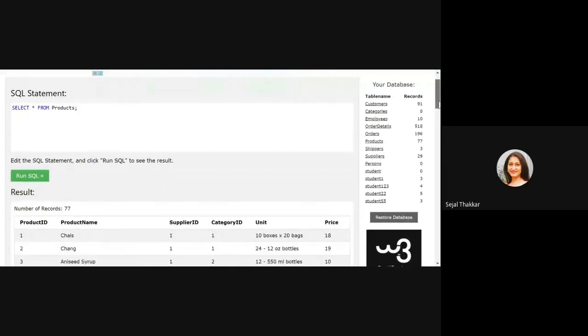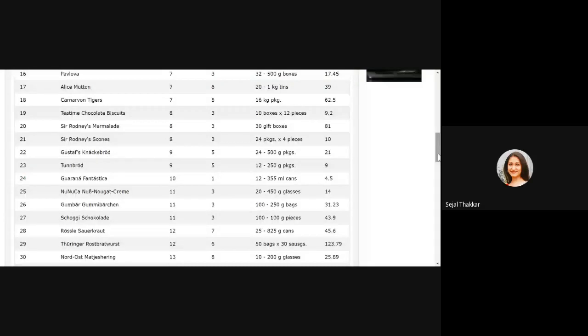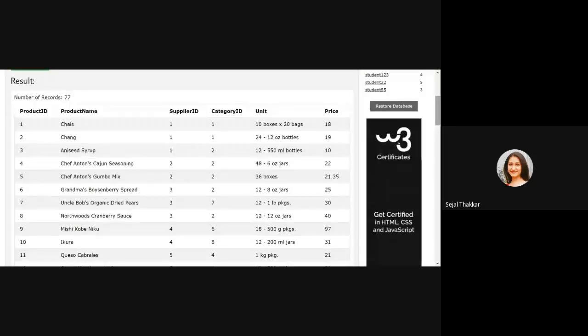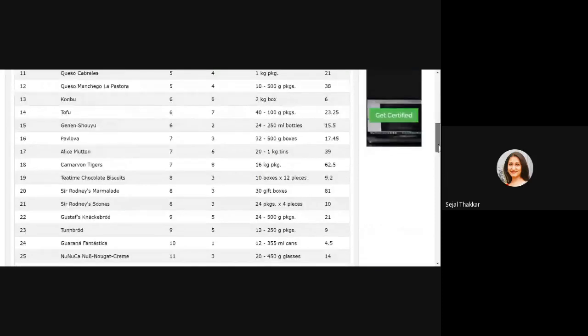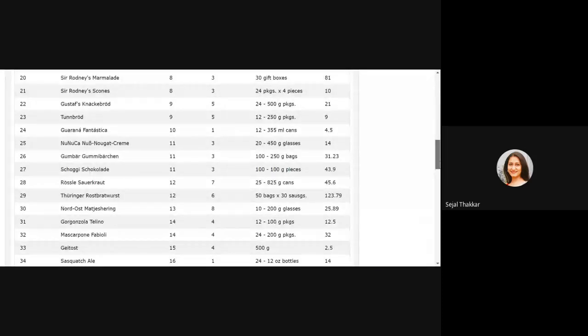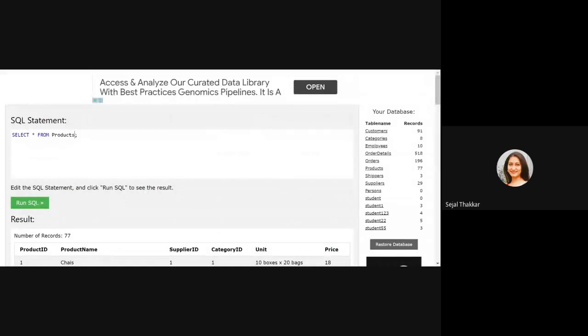Okay, so there is a product database which has product ID, product name, supplier ID, category ID, unit and price. Now I want to select the price which is between 10 to 20. So you have to use the BETWEEN operator: select star from product where price between 10 and 20.